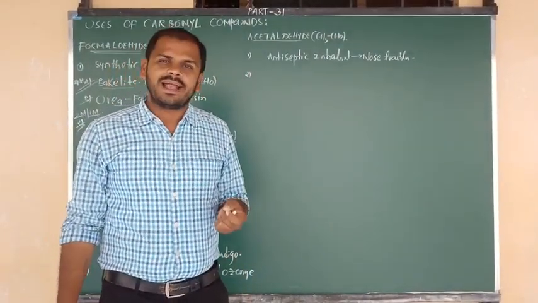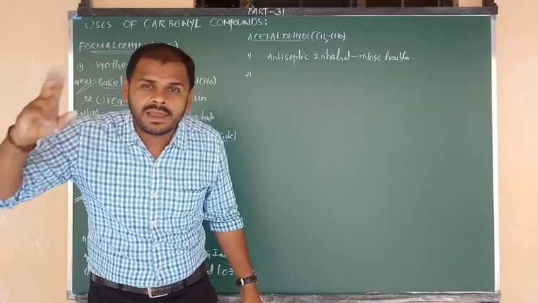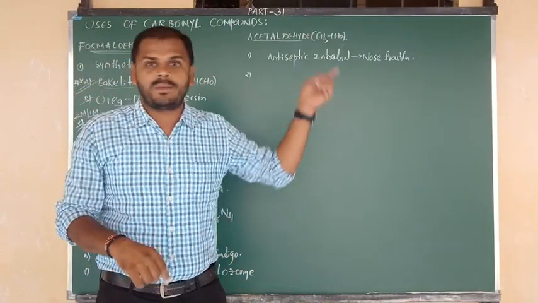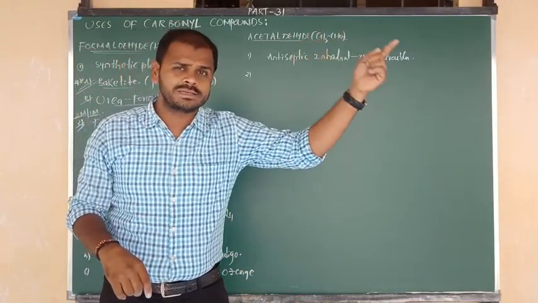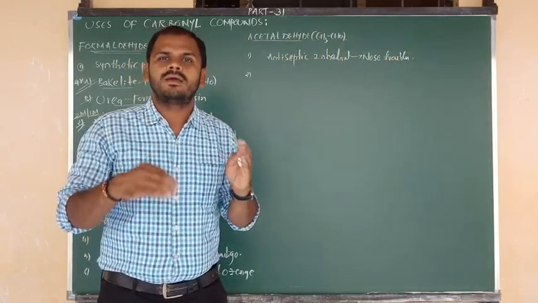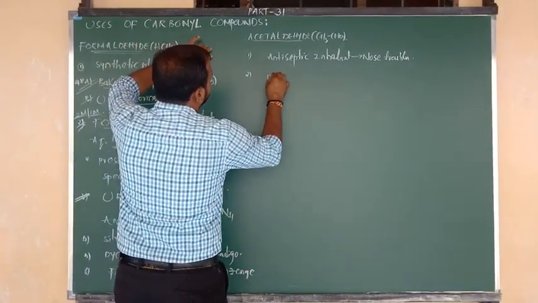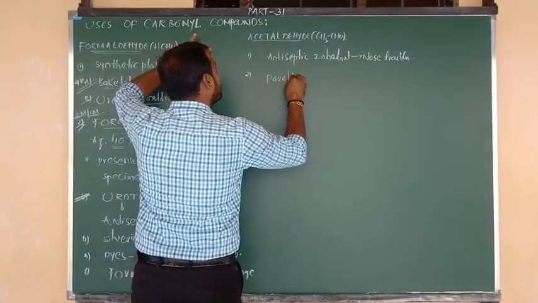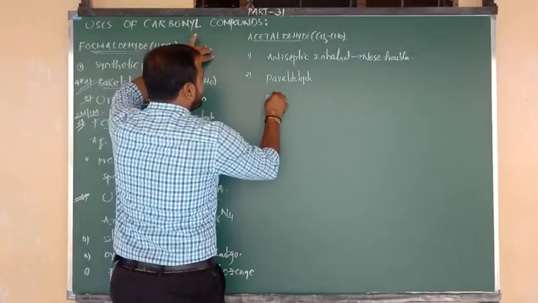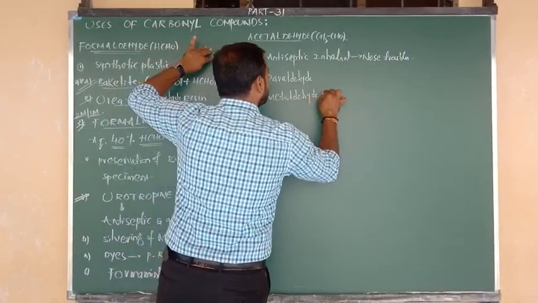By using acetaldehyde, we can prepare two very important compounds. That preparation is not from the theory point of view but the objective point of view, which we are going to discuss in tomorrow's class. But I should remember now, sir, what the compounds are and what their formulas are. So by using acetaldehyde, we can prepare the paraldehyde compound. Which compound? Paraldehyde. And we are also going to prepare one more compound, that is the metaldehyde.